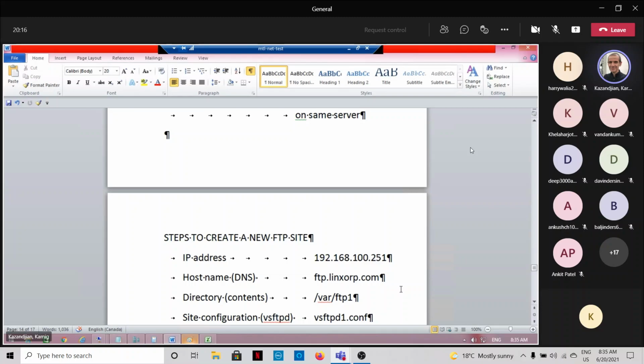But the port number cannot be used as a criterion to specify a site, because it's an option. Usually, especially for public FTP sites, it has to be on port 21. So for the time being, we don't think of port number. It means every site must have its own IP in FTP here. So IP address. My plan is to use this IP now for my new site. Again, the IP must exist. If I look at my FTP server,